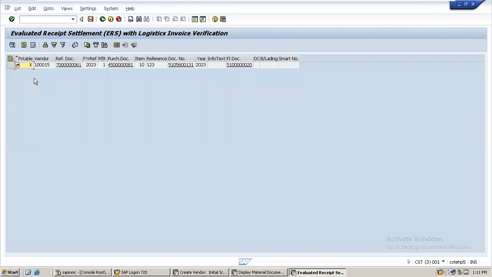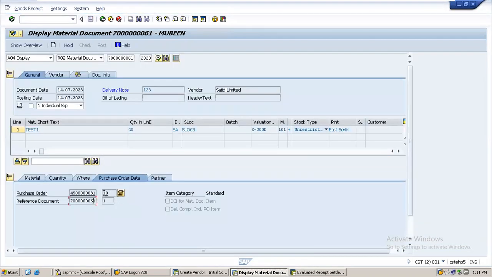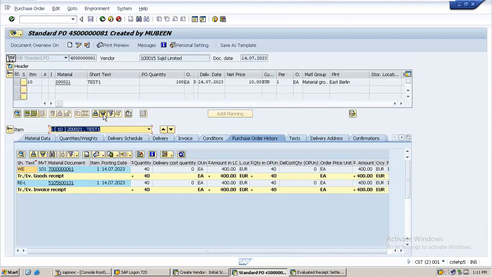Okay. So we can see here our document generated. There is an invoice document generated and there is an accounting document also generated. Let's open this purchase order. Let's see how these documents will show. So if I go here, you can see the invoice document is generated for 40 quantities, correct? If I open this invoice,